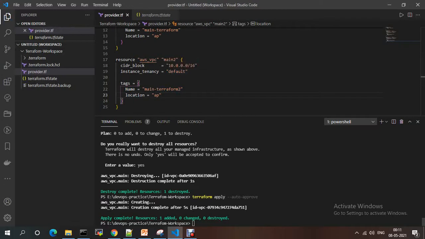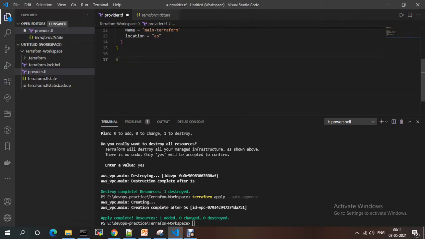At that time you give terraform destroy hyphen target aws_vpc.main2. Then only that particular one will be destroyed. Otherwise, you just need to comment that one out, and it won't create any resource.